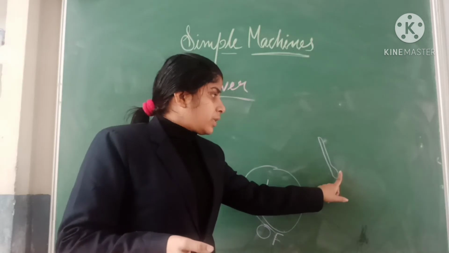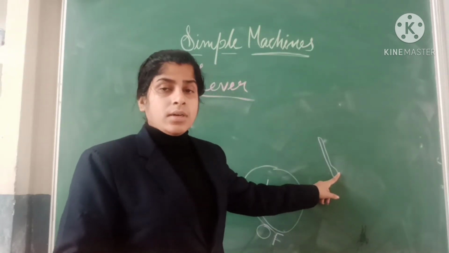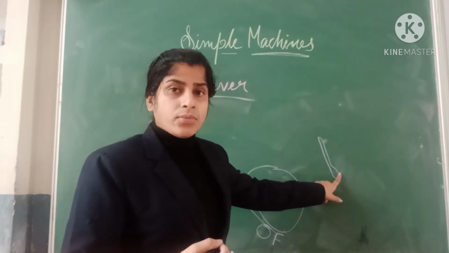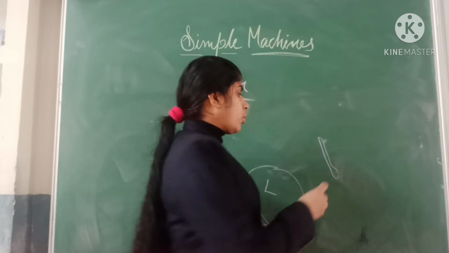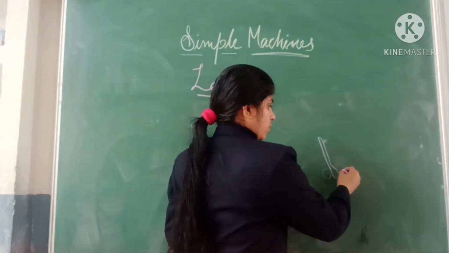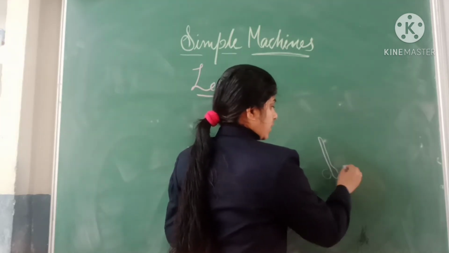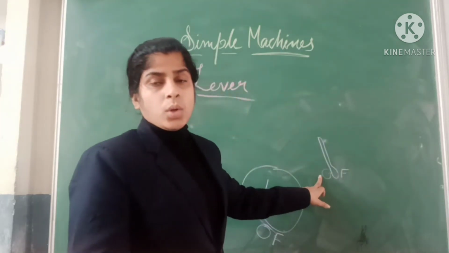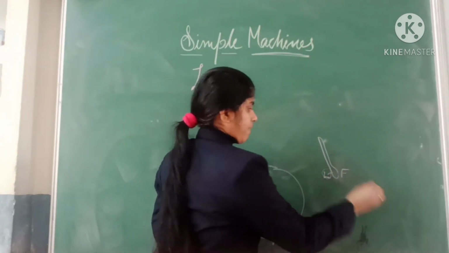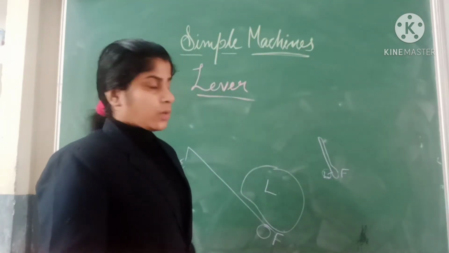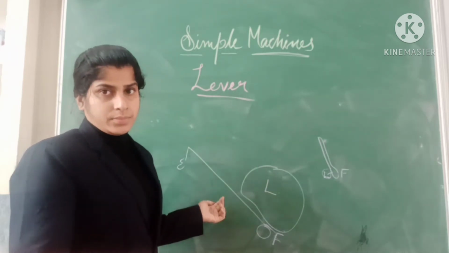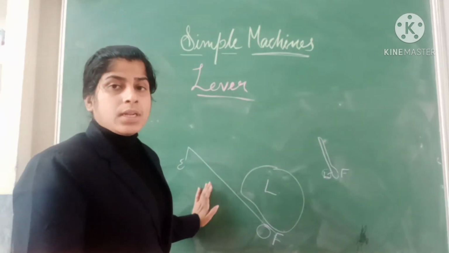Okay, so this helps to what? This helps to support the lifting of the load. So this is the fulcrum. And what is the load? That is jam or anything else. So this is the fulcrum, and here is the load. Clear? So these are examples of a lever. In this way the lever works.